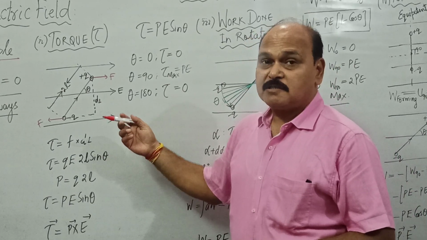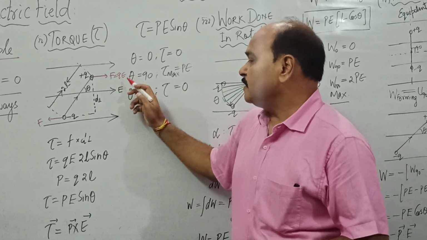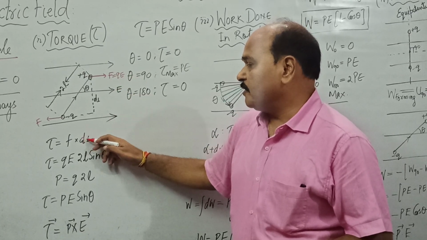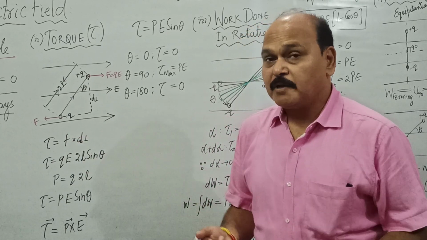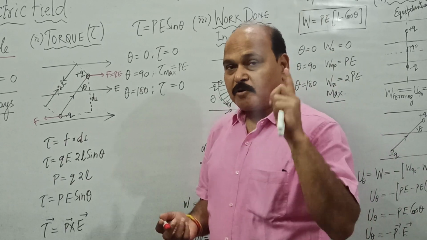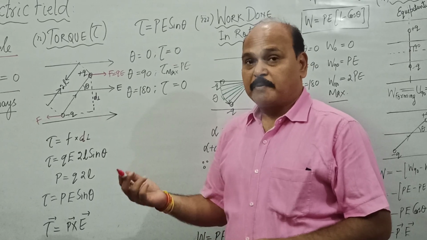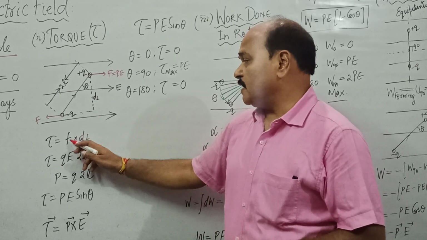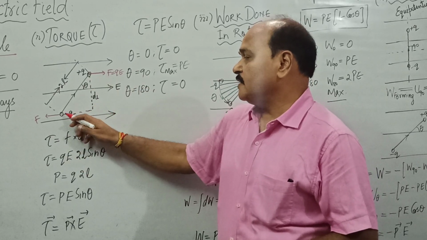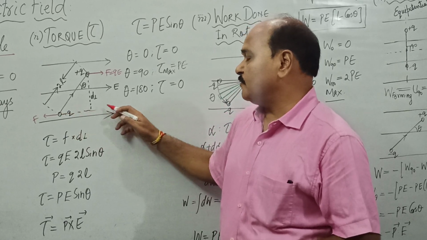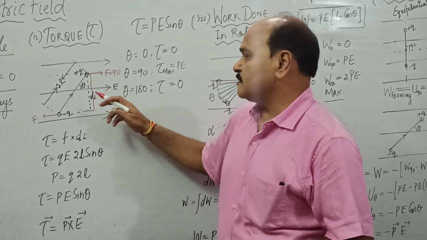Well, net torque is moment of couple, and that net torque is going to be the product of force and perpendicular distance between the forces. This is what is moment of couple. Moment of couple or turning effect of couple is the product of either of the two forces of couple with perpendicular distance between the forces. So F into perpendicular distance between the forces is torque. Well, this is force F, this is force F, and if we extrapolate the line of action of this force, this happens to be the perpendicular separation between the forces.